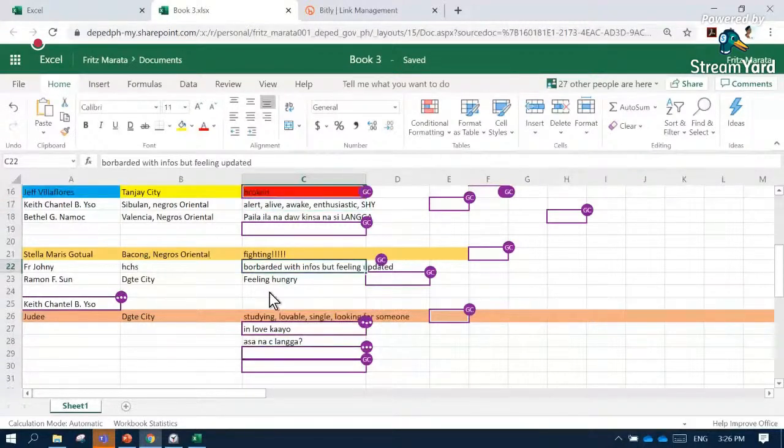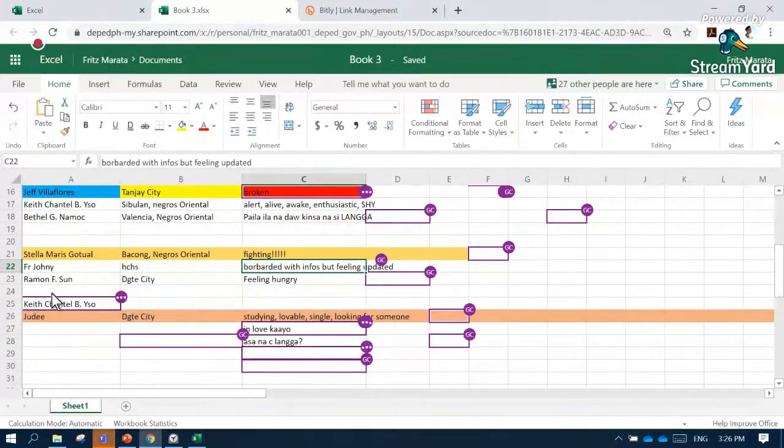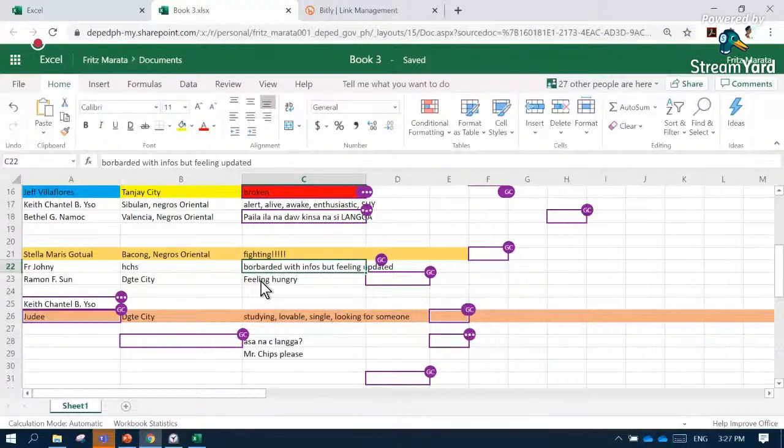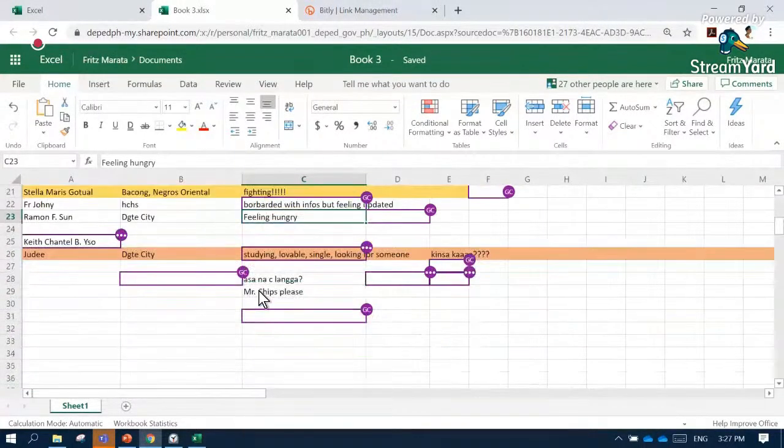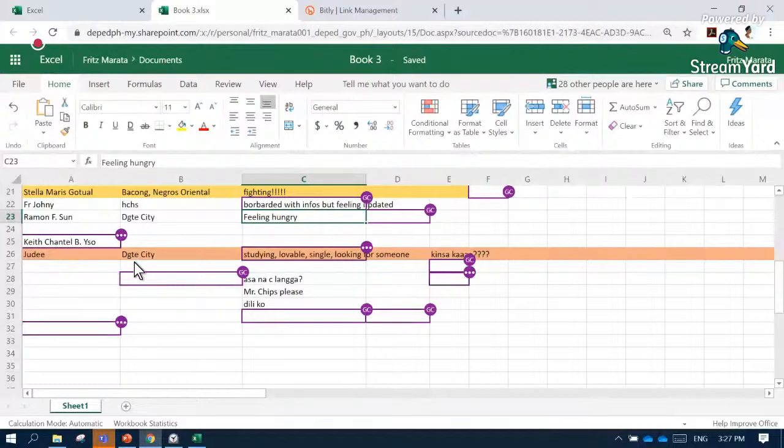Thank you so much, Father Johnny. We also have Sir Ramon F. Son from Dumaguete City, and he is feeling hungry. Sir Ramon is feeling hungry, so you can eat there, sir. You can have working snacks there. Yes, you can do that. You also have Ma'am Judy from Dumaguete City, feeling studying, lovable, single, looking for someone.